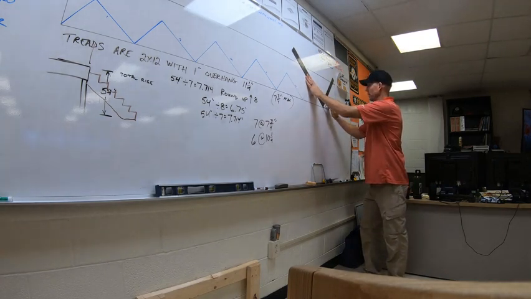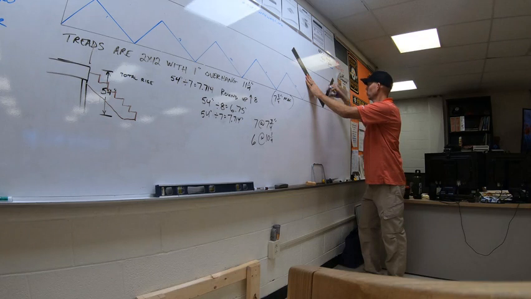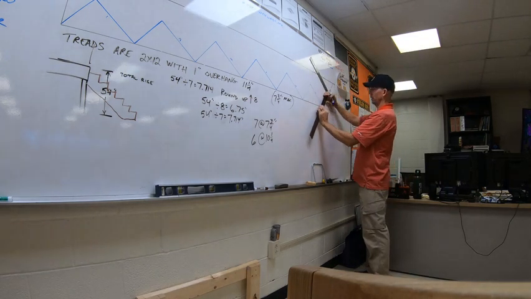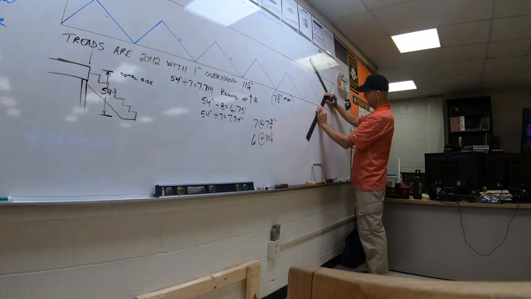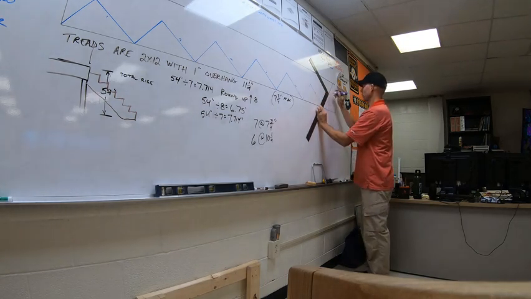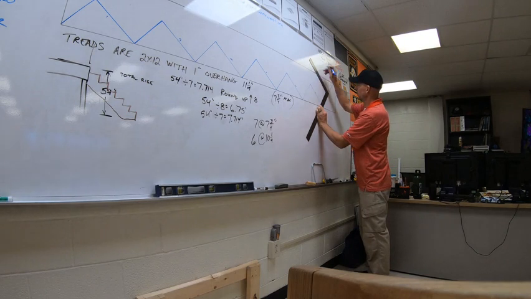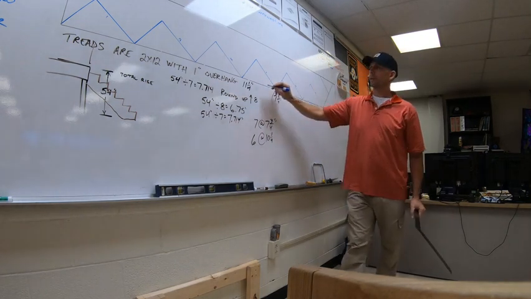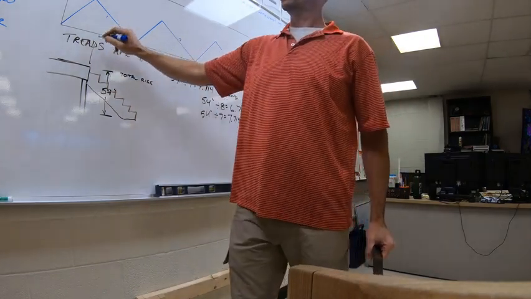So this last one here, square it around. What's our rise there? We had 7 3/4. Yeah. So square, square, and square. Here we did 1, 2, 3, 4, 5, 6. Last one would have been